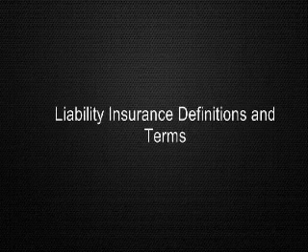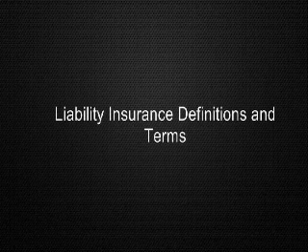Liability limits. CSL, or combined single limit, policies allow insurance companies to combine both bodily injury liability and property damage liability insurance under a single limit. The insurance company would pay up to the stated limit on a third-party claim regardless of whether the claim was for bodily injury or property damage. In split limit policies, the policy would break down limits to, for example, a bodily injury limit per person, a bodily injury limit per accident, and a property damage limit per accident.